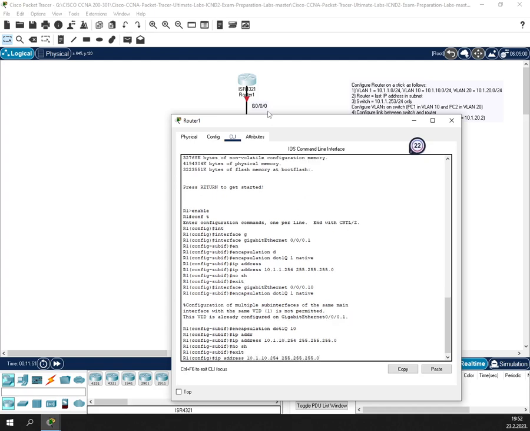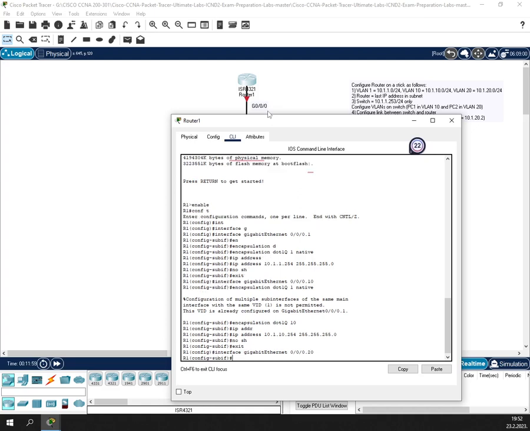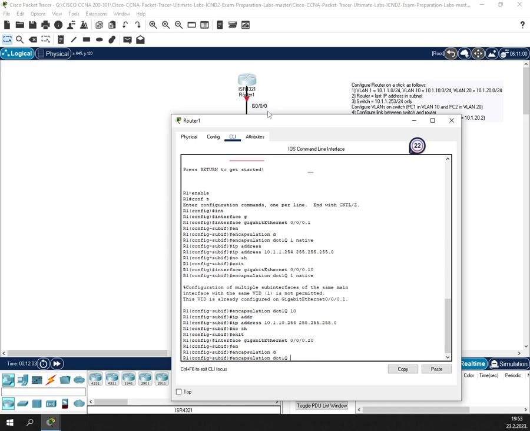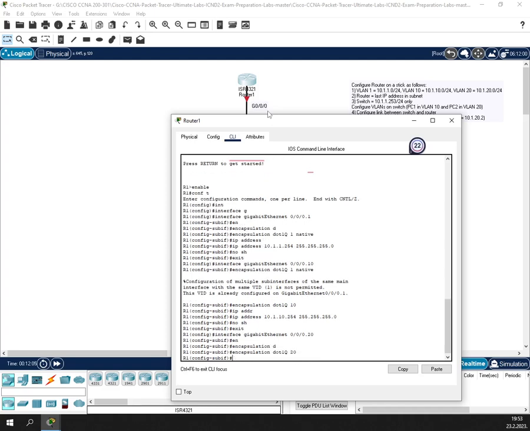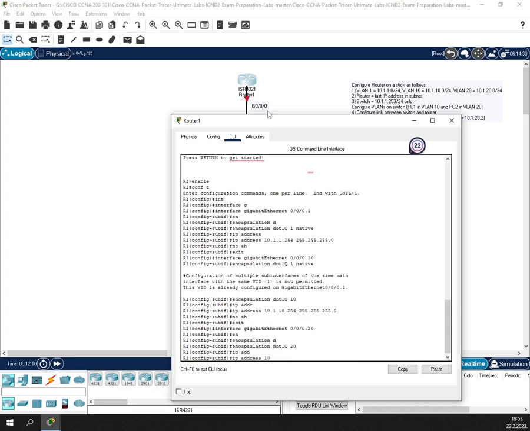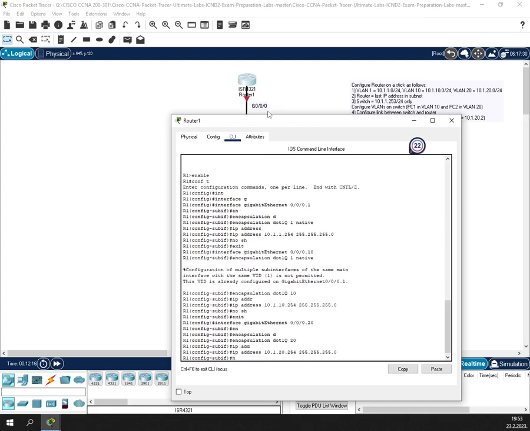And now we will repeat that for 20. Enter. Encapsulation dot1Q 20 and IP address 10.1.20.254. Okay, no shutdown,